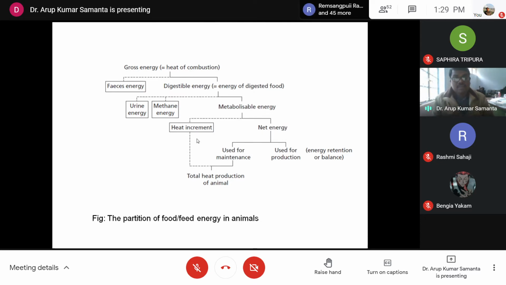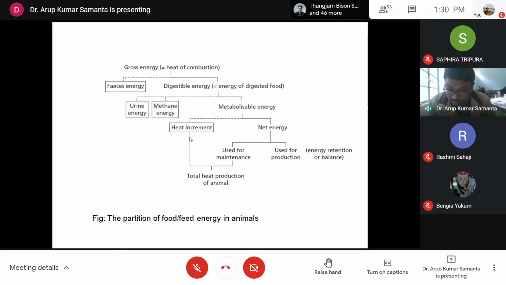I was talking about the heat increment, that is the increase in heat production. In winter season, whenever you are taking some fatty substances or some fat in your food, you will feel warm. Why are you feeling warm after taking that particular fatty substance? The reason behind it is that when the nutrient gets metabolized, there will be production of energy, and if that energy is lost as heat, you will feel warm. That particular phenomenon is known as specific dynamic effect or specific dynamic action.